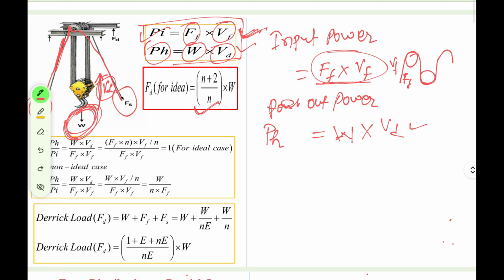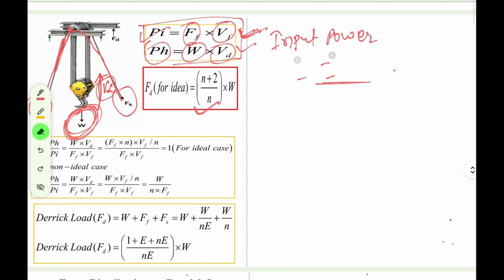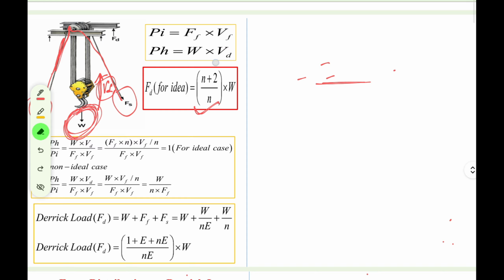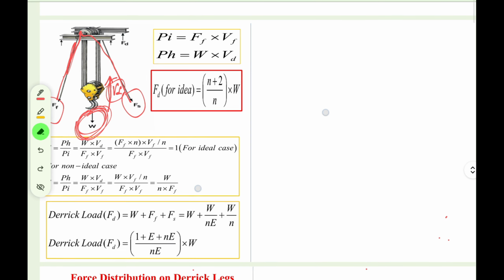Now we want to write efficiency. Everything is measured by efficiency, right? You people are measured by the marks, and we as faculty are measured by the quality of our teaching, right? So efficiency, as we know, is nothing but the P output divided by P input. Simple. So if I have to write P output, just now we have calculated it: W into Vd divided by